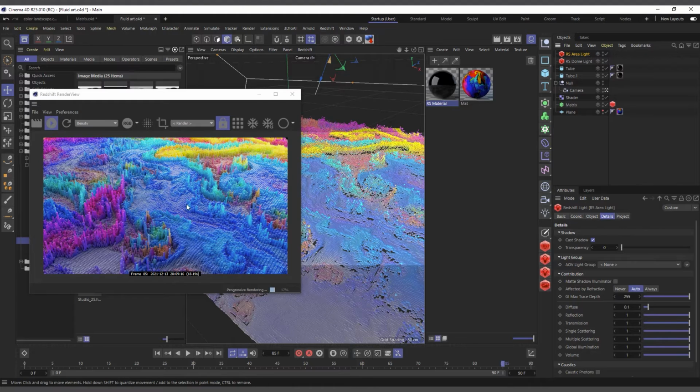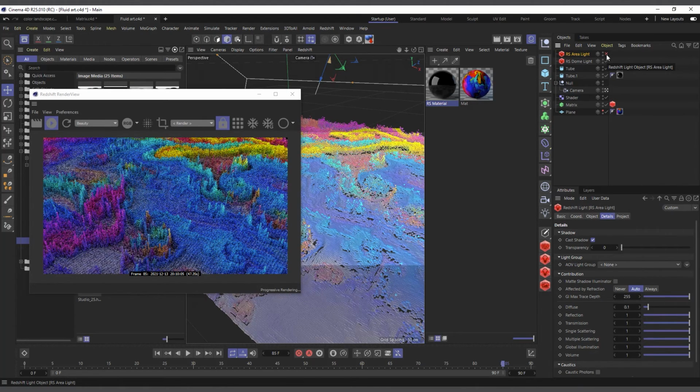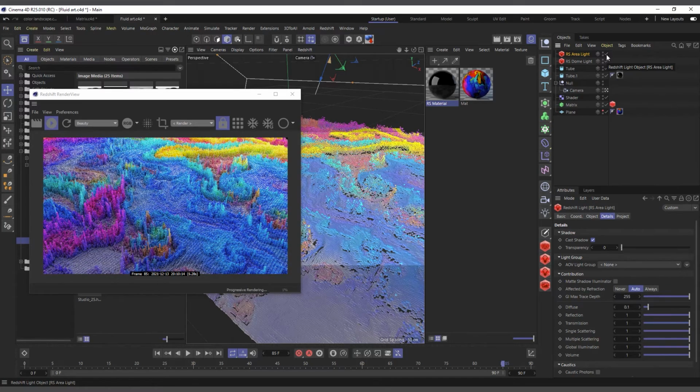So that's basically it, and you can see now it's catching a bit of reflection. If I turn it off, you don't see it catching that reflection, and everything looks flat. Immediately I turn it on again, you can see now it's catching a little bit of reflection in there. So that's basically how I played around using this.